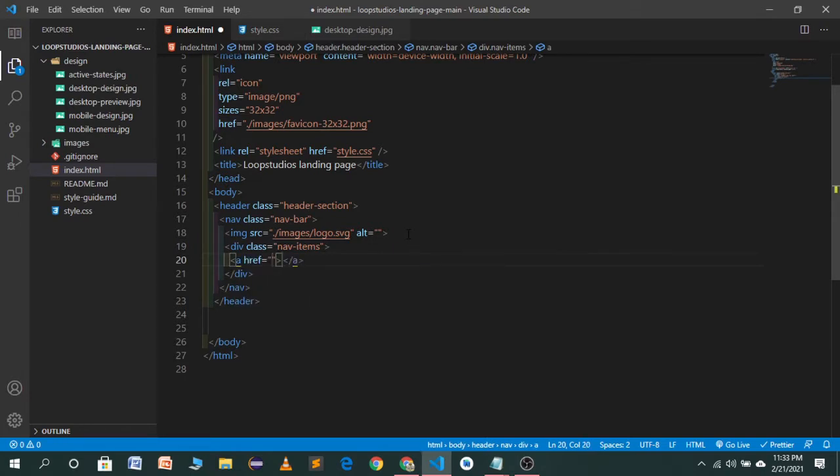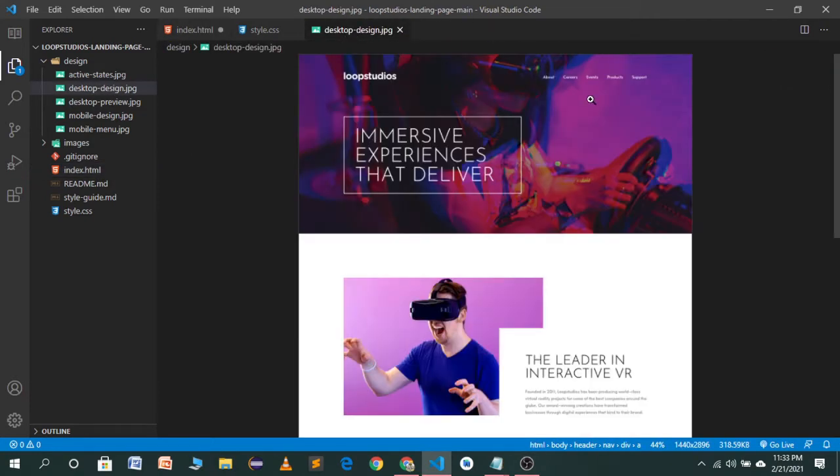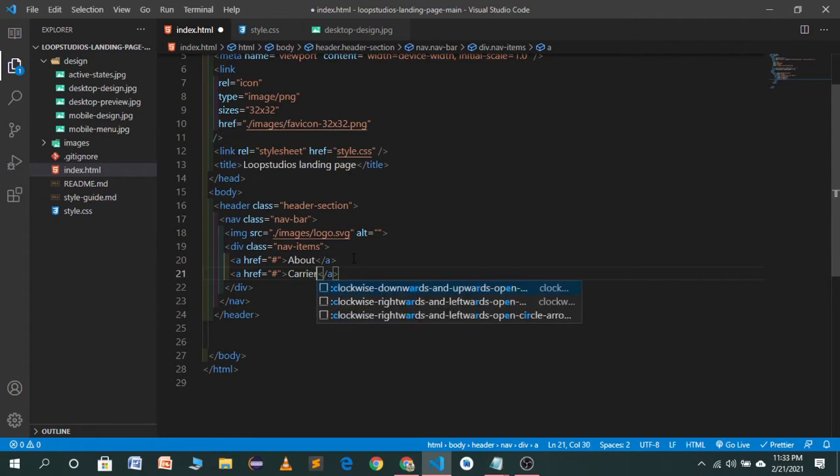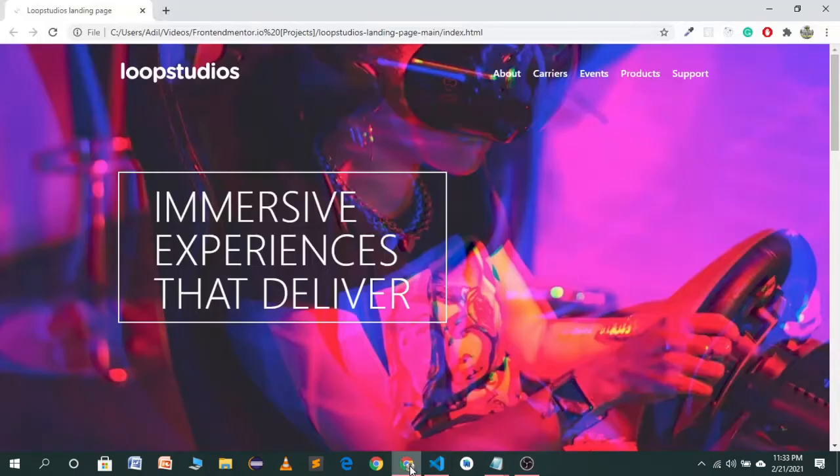So the nav items have an a tag. The link will be hash. The text for our nav items is about, careers. First of all we have about. The next one is careers. The other three are events, products, sport.